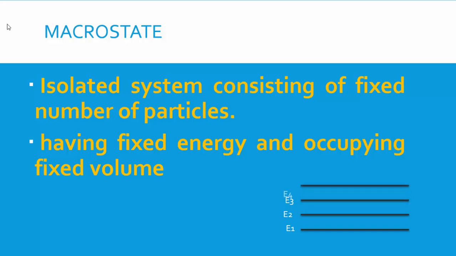So when you have a number of particles enclosed in a container having fixed volume and fixed number of energies, where the particles will be distributed in the fixed volume of the container, then that quantity or that information is called macrostate. For example, here